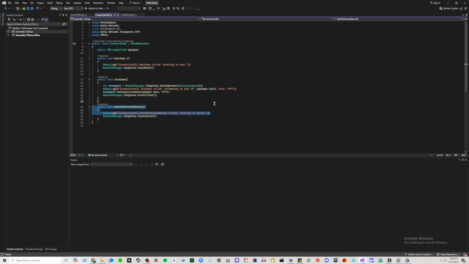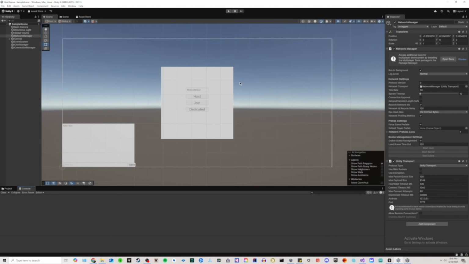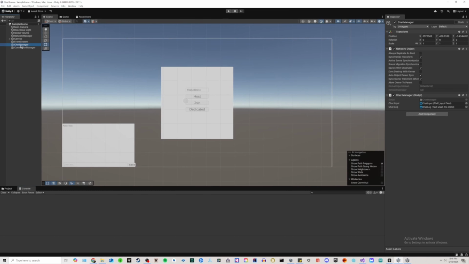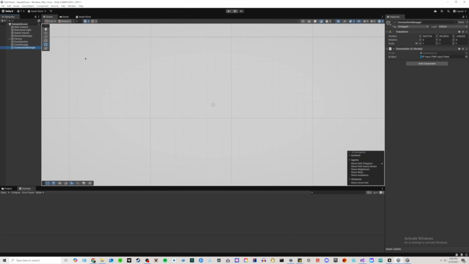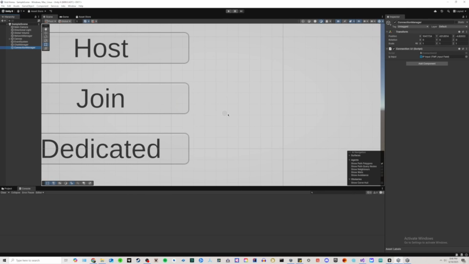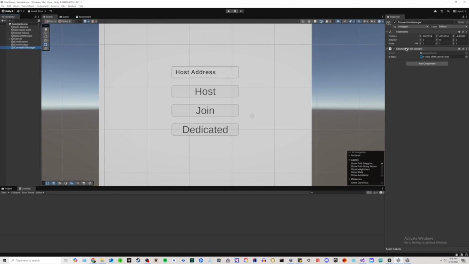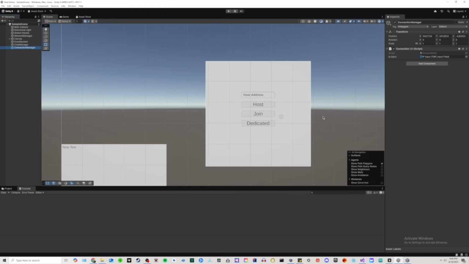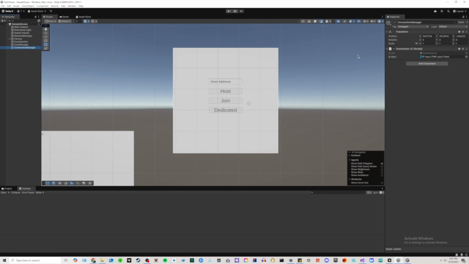The connection UI, I did create a few logs just to see that, but that's all that's changed. Now let's go back over here. Now with this, I did pull out, I created a connection manager, and the connection manager is nothing more than this connection UI script. So it was on the network script before. Now the connection manager is on this connection UI script, or the connection UI script is on this connection manager,